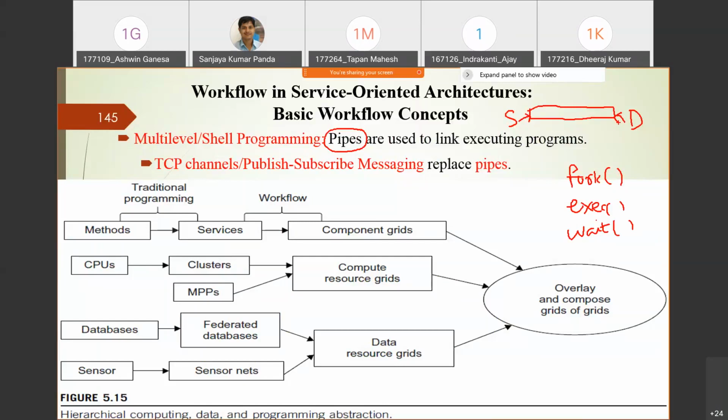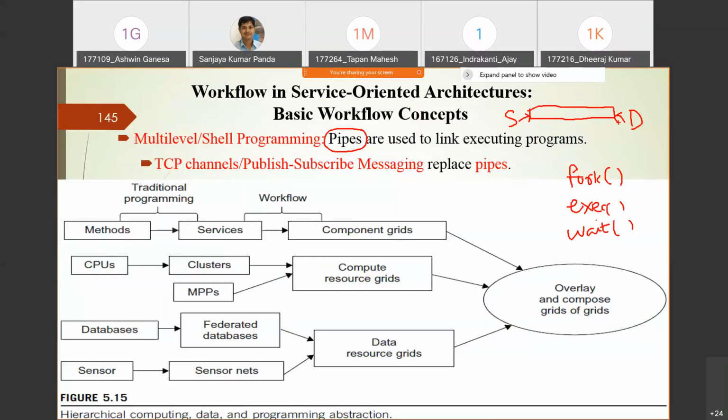If you go for scripting, shell script is one of the popular approaches to workflow, with distributed programming constructs replacing the familiar Unix primitives. So one example is that TCP channels, or the PubSub messaging we discussed, replace the concept of pipes. Now we are using TCP channels, or we are using PubSub messaging.